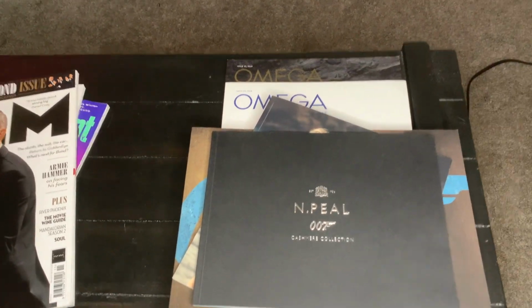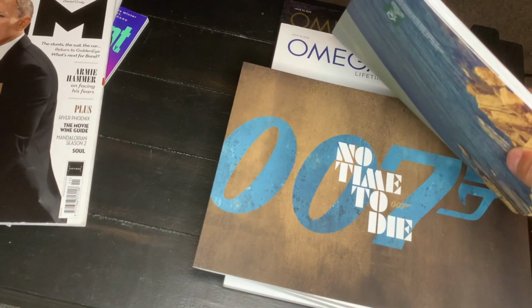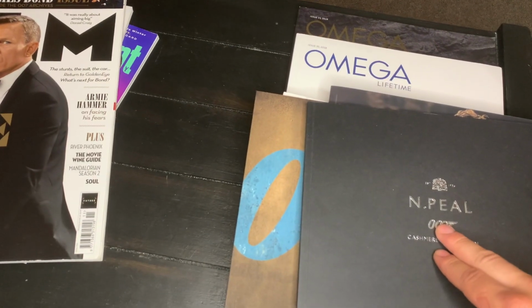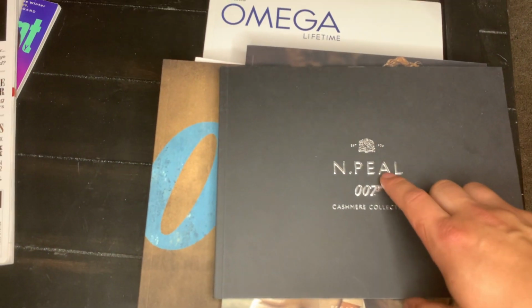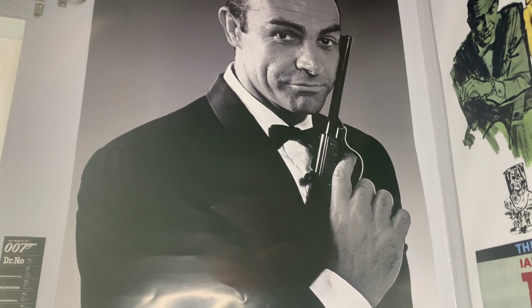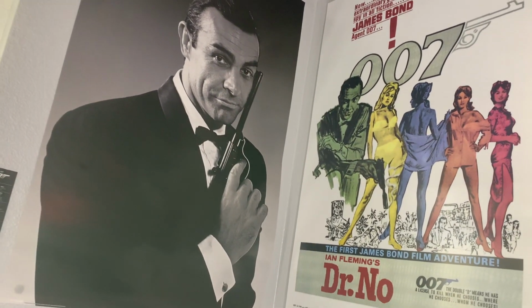Got a couple of Omega Lifetime magazines, the Enfield 007 collection, just another Enfield spring collection catalog, and then the No Time to Die special edition, talking about all the outfits that were inspired in No Time to Die. Back to the man who is and will always be Bond, Sir Sean Connery, at the forefront of my all-time favorite, and I'm biased because this was the first